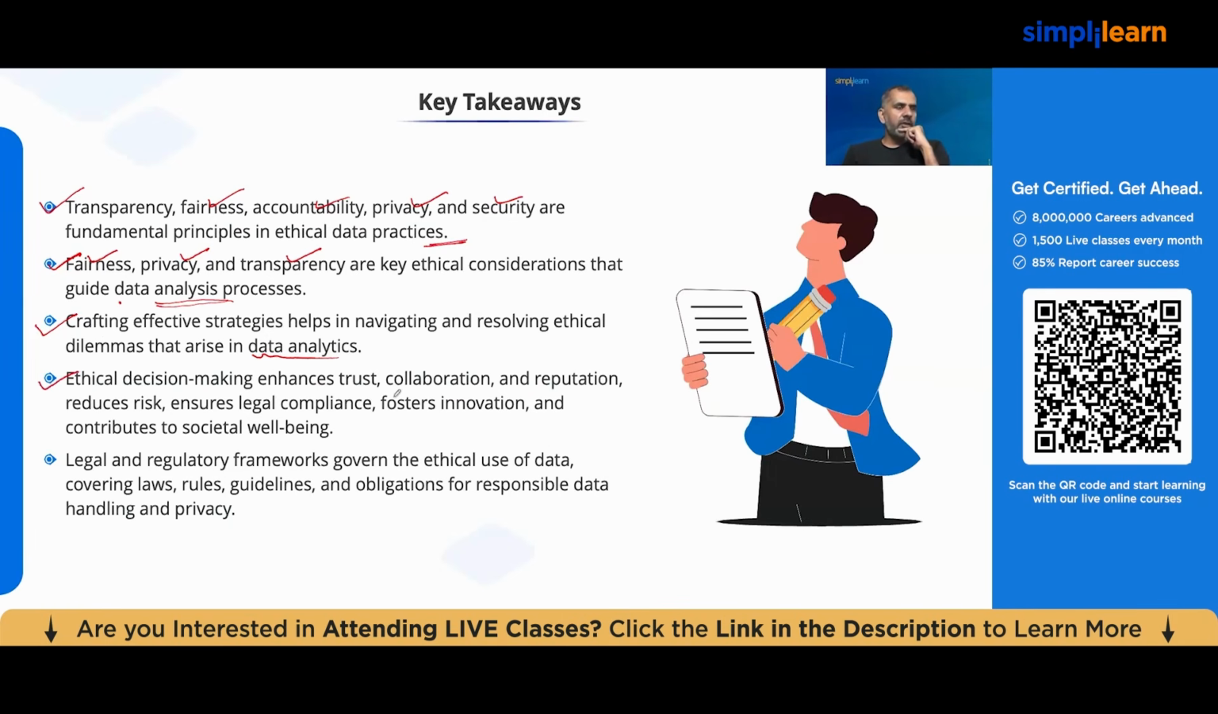Ethical decision making enhances trust, collaboration, and reputation, reduces risk, ensures legal compliance, fosters innovation, and contributes to social well-being. So if any organization follows ethical data practices, and the decision making is all ethical, not like the Cambridge Analytica use case, can we say that it will help build trust among users, build the reputation of the organization, ensure all kinds of legal compliance, even foster innovation, and all these things will happen. Ultimately,